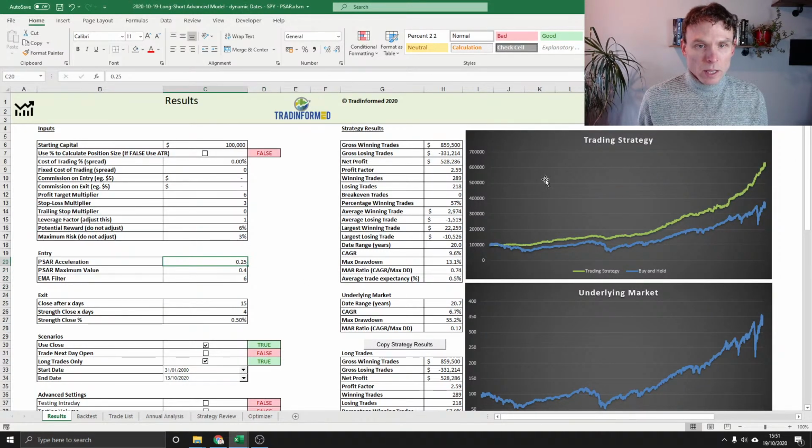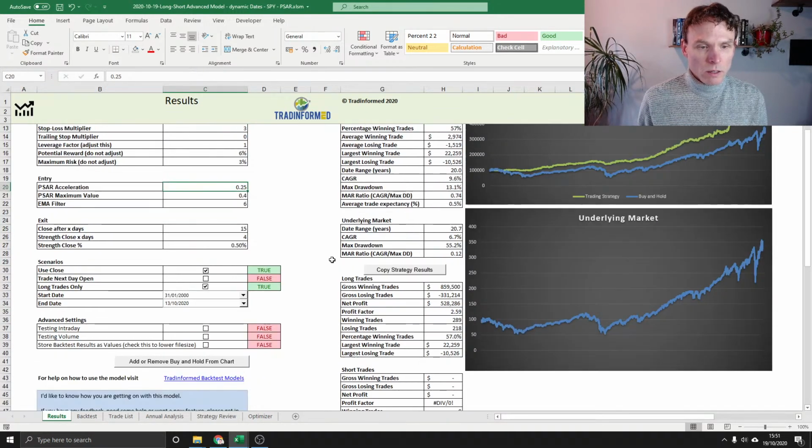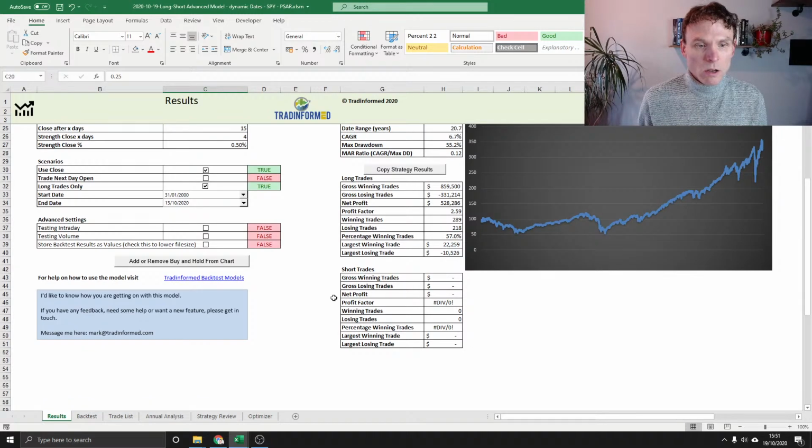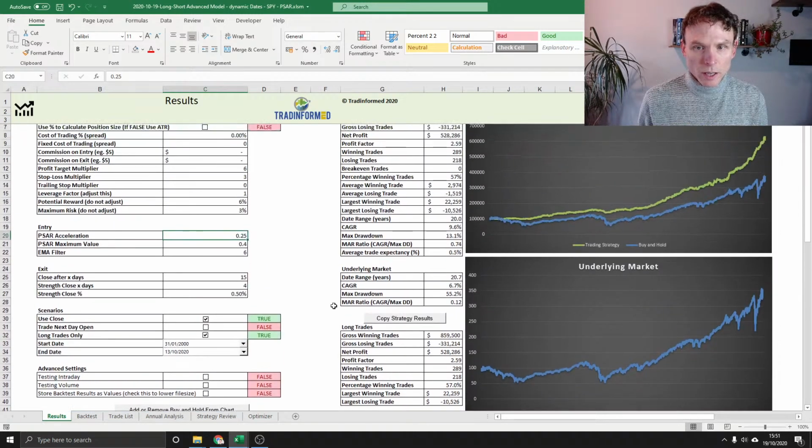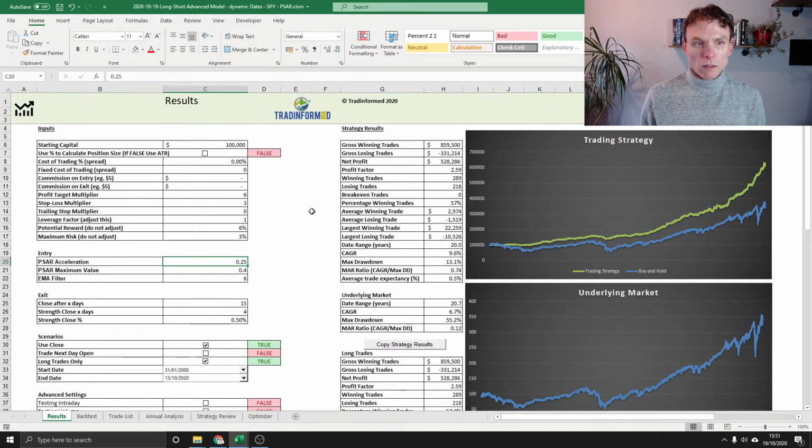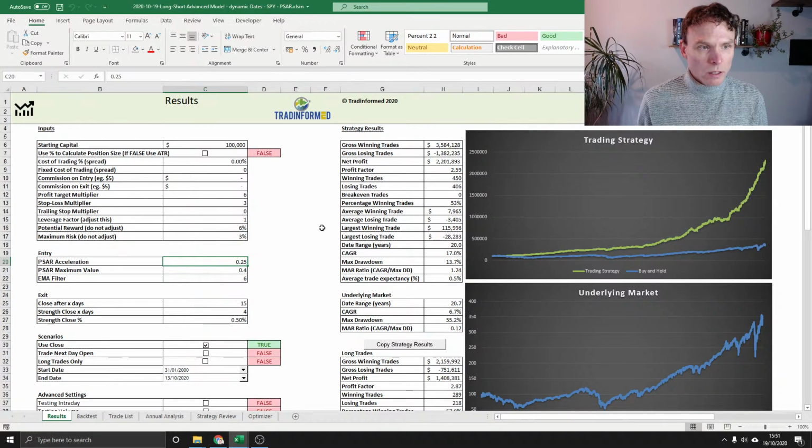Okay, so we have the best theoretical results we've got here. Now I've tested this, if I can draw your attention down here, as a long only trading strategy. And I do this pretty often for equity strategies, stock index, stock market strategies. But we can test including short trades, and this is one of those where we're going to get some pretty eye-opening results. Now we can rerun the optimizer, and it would obviously be a good idea to do so, but